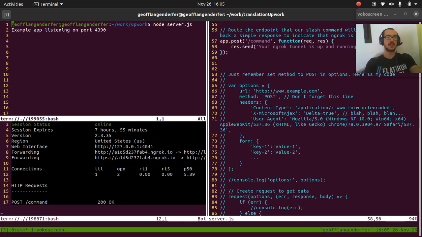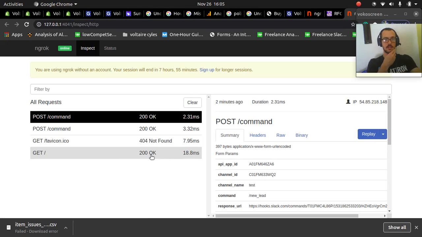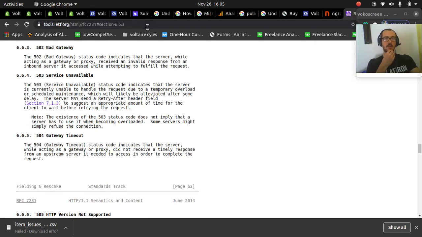and this is our server. This is where we're running our server. So our example server is running on port 4390. So we can look at the web interface for our ngrok. And so let's go ahead and take a look at the